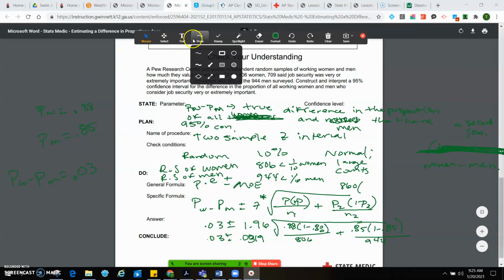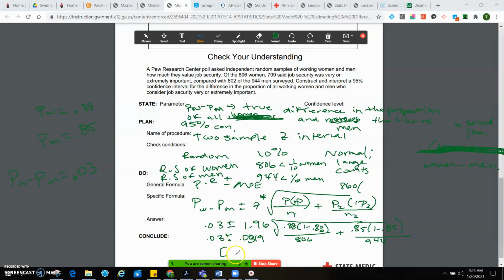And then at the end, you are going to get an interval of negative 0.0019 to 0.0619. Okay, and so then we would write our statement, and our statement would say that we are 95% confident